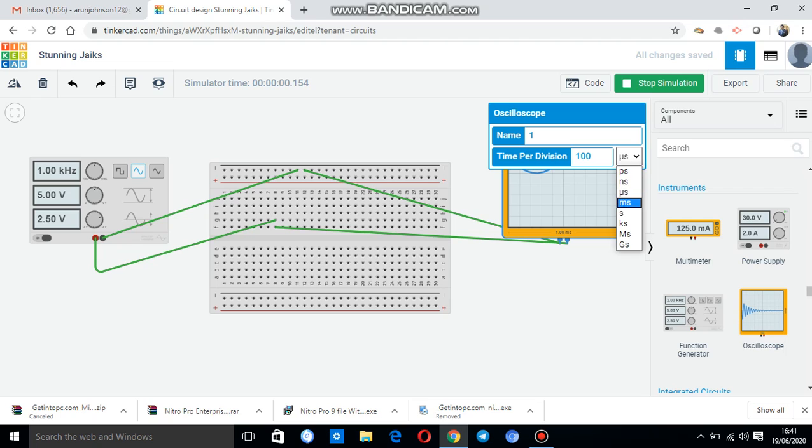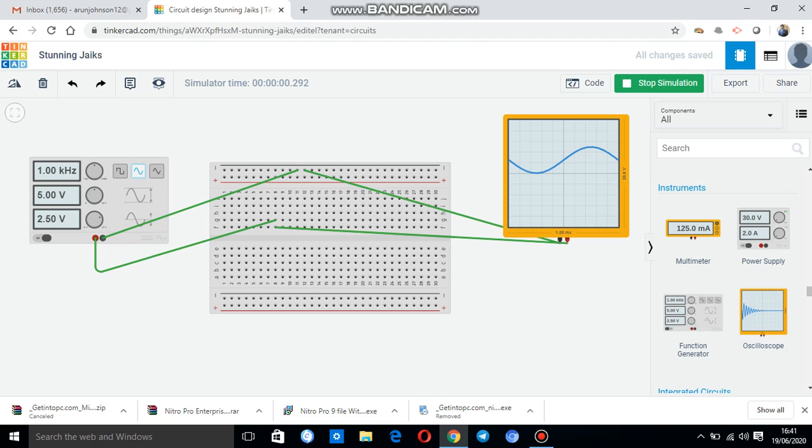Okay, now I have this output. You can see the output here. Can you see the sine wave? As I gave a sine wave as input, I can see the sine wave here.